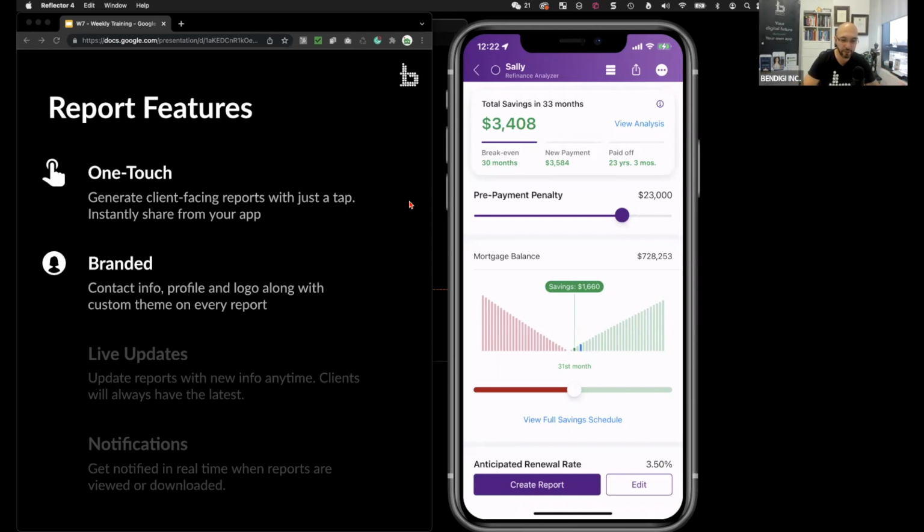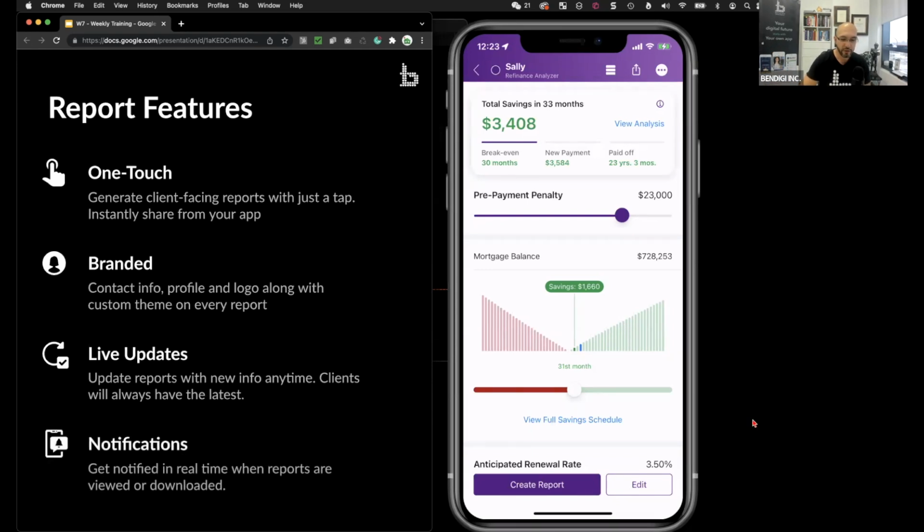So that's super cool. And my favorite, live updates. So we've linked the app with the report in such a way that if you're changing the scenario on your phone, it will automatically update the report because it's live and it's in real time too. So you can actually do it, save it here, and instantly the report is updated. All right, so that's live updates. I'm going to show you how it all works, but let's talk about the last piece, which is when someone